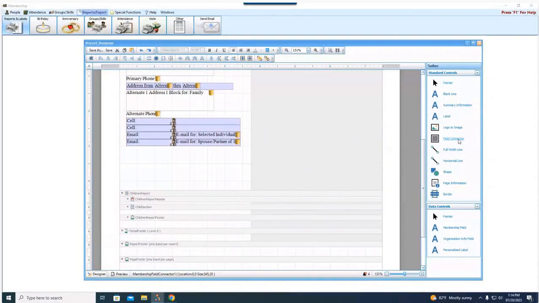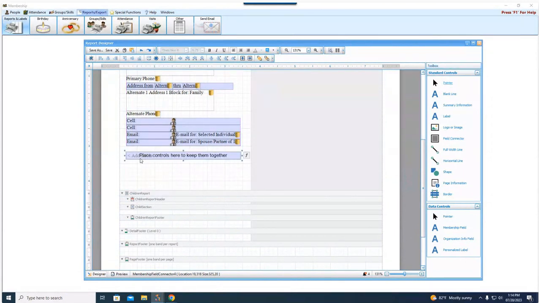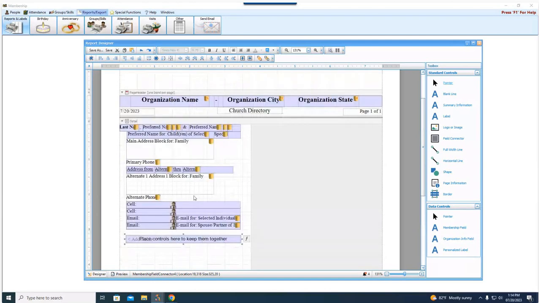If I bring this field connector over, just click and hold and drop it, it allows me to put fields inside of the field connector, and then the software is smart enough to space things appropriately apart. So for example, up here at the top, I have last name, comma, preferred name, and sign. By putting all these different fields inside this one field connector, the program will space out between the words appropriately,